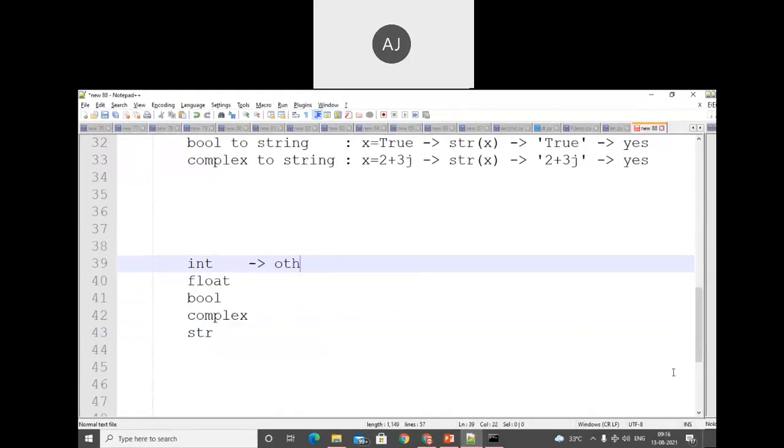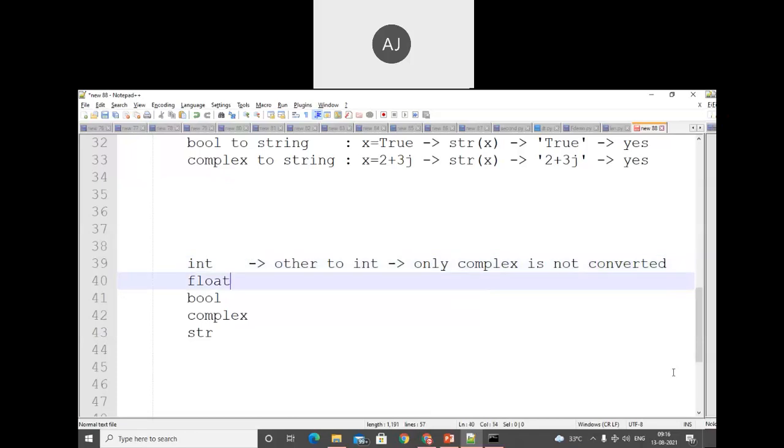Okay, so here I will write other to int. Other data type means what? Float will be converted into int, string will be converted to int, but complex is not converted to int. Okay, this is a summary sheet.